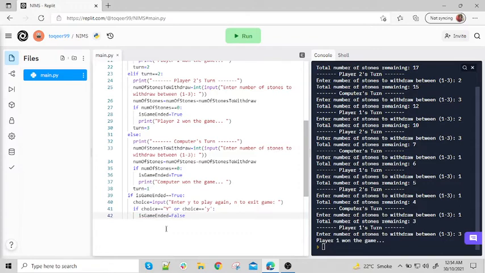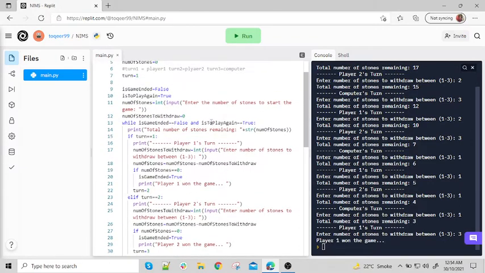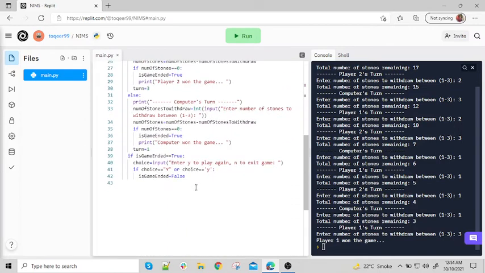We are going to play the game again and again. We set this just to be on the safe side. Actually it is already true, but I will set it true again. Else, actually let's not do this here, it is not needed. Let's do this here. Yes, else will make it false. If means he wants to play the game again, else makes it false because he wants to exit the game.